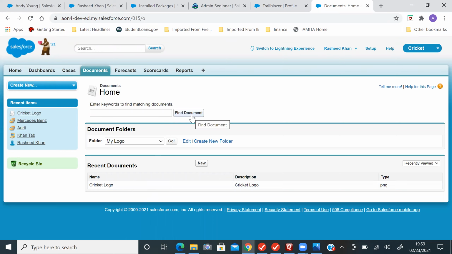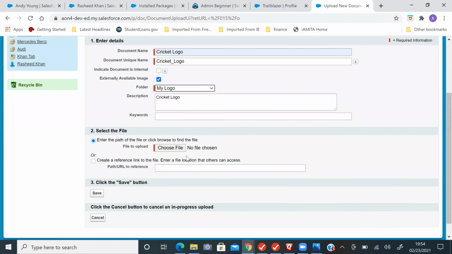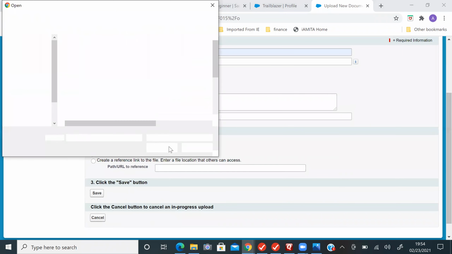Click on new. External available image. My personal documents folder, you need to take that logo. Click my logos. Logo. Choose a file.